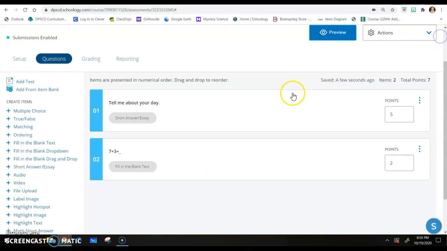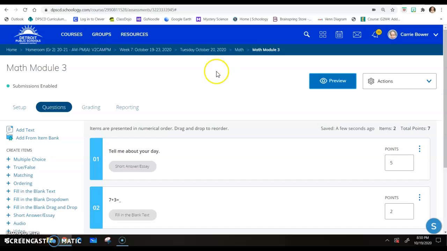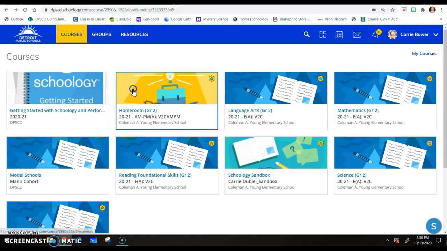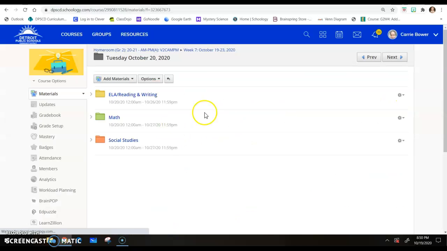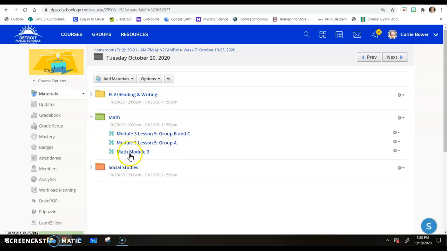So when I've been doing this, I've been getting a lot more work turned in than when I ask parents to do worksheets or in any other method. So I'm going to delete this. I'm going to go back to courses and delete that. I think I put that in math. Then I wanted to show you one other